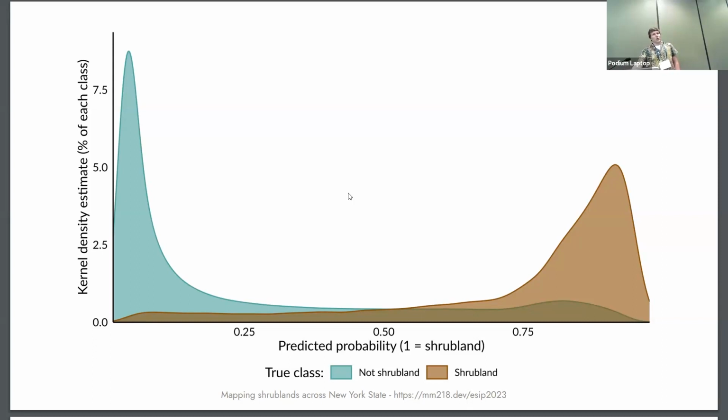Instead, because shrubland is so rare, even though it's roughly the same rate of false positives, there are so many more true negatives that the rate applied to the much larger number of actual negatives can wind up swamping the signal. Even if we classified every single shrubland pixel correctly, that's 2.5% of the state. If it's about a 10% error rate for the false positives, 10% of 97.5% of the state means we wind up having like 4 times as many false positives, just because it's such a rare class in the first place.